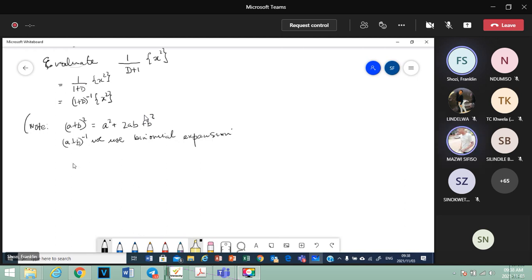Binomial expansion, whereby a plus b to the power n is a to the power n plus n a to the power n minus 1 times b plus n into n minus 1 a to the power n minus 2 times b squared over 2 factorial plus, look at the pattern, n into n minus 1 into n minus 2